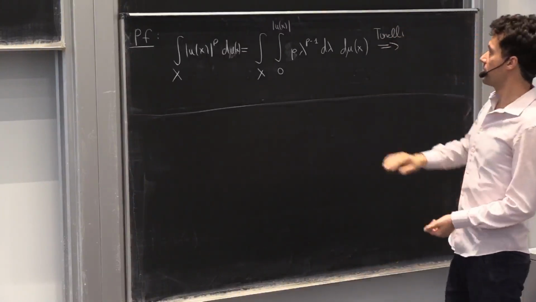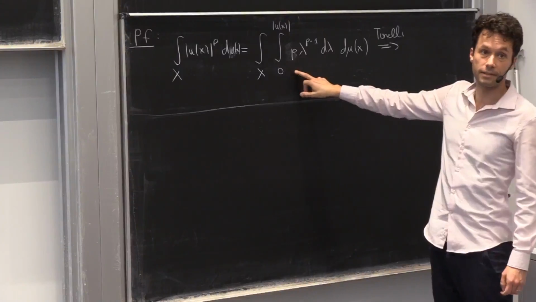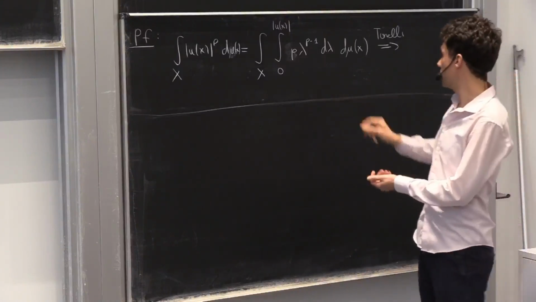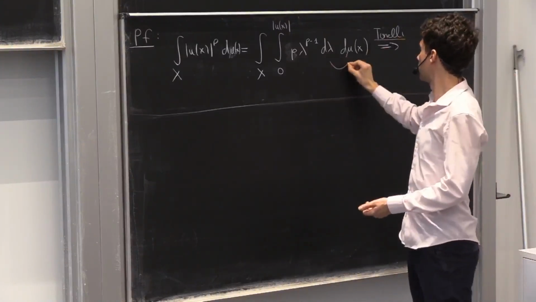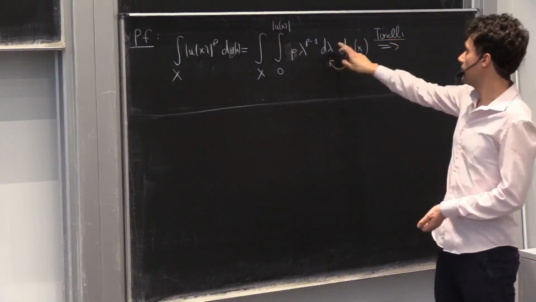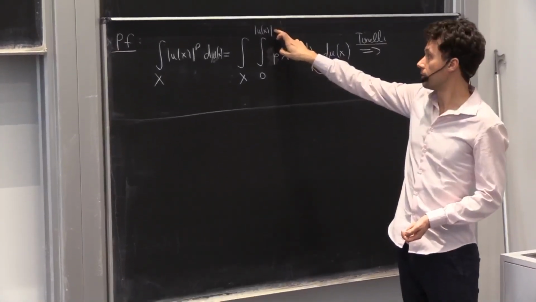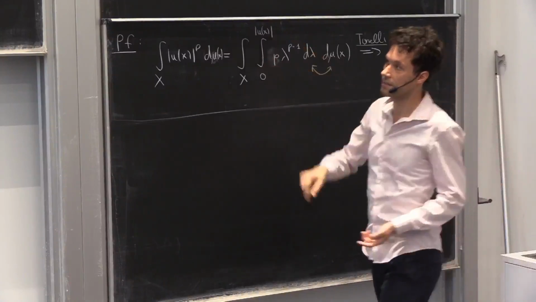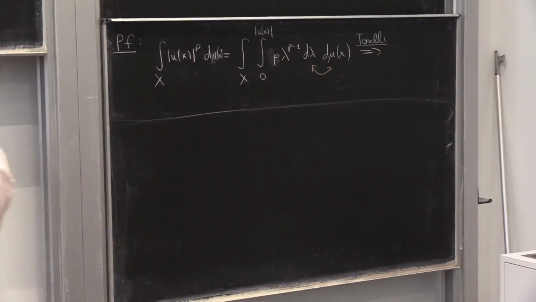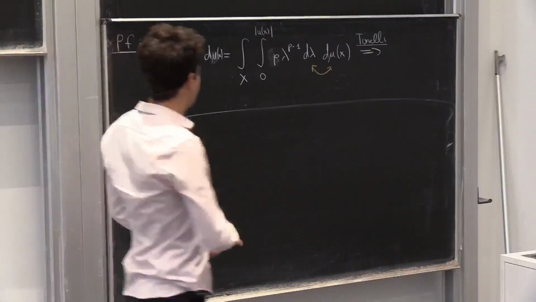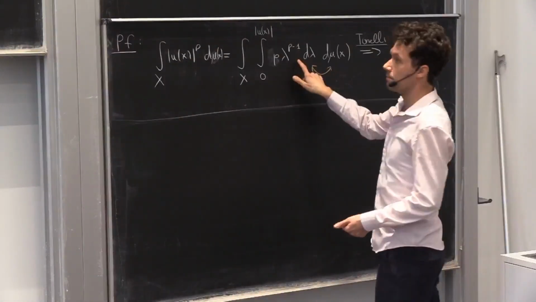Because look what happens when I apply Tonelli to this integral. So I want to switch the order. Now lambda is running from 0 to this positive number with all possibilities. So after changing integration, lambda should be running from 0 to infinity. So we get that. Then p lambda^(p-1)